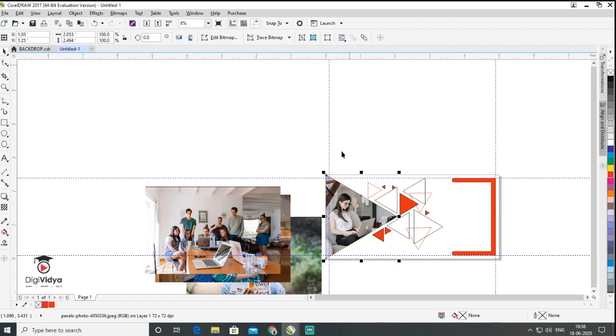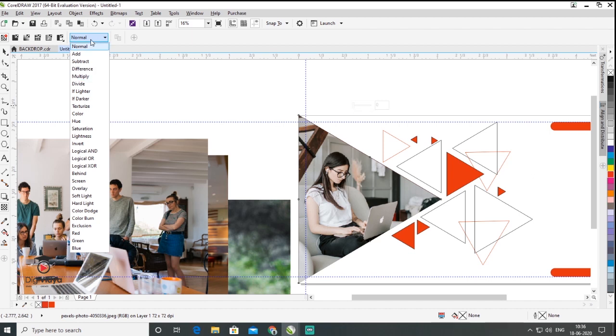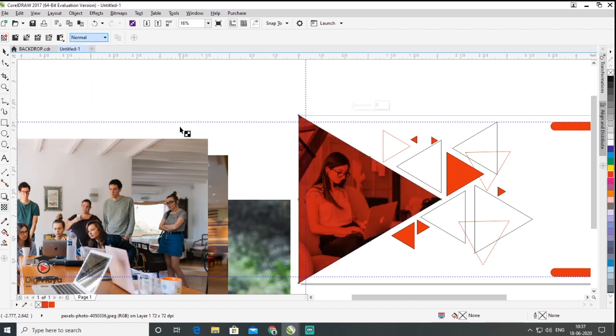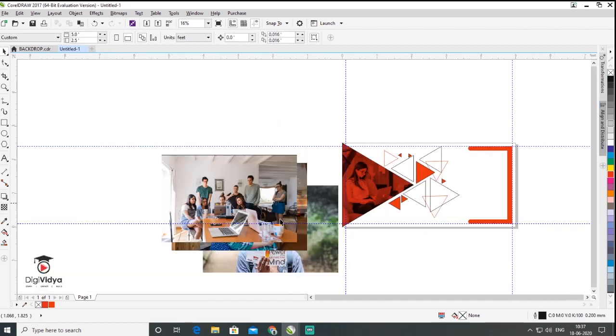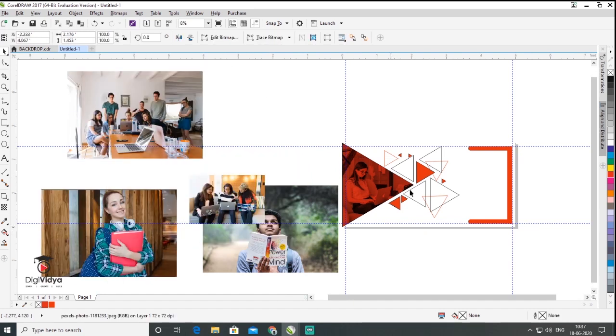Now I want to blend this image with the red one. So I select the image and then go to the transparency tool, and in the transparency tool there is an option called blending modes. I just click on multiply. So look how it looks. Then I put these four images inside the triangle.